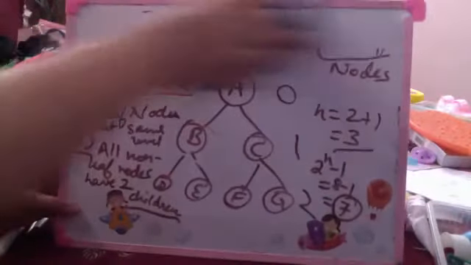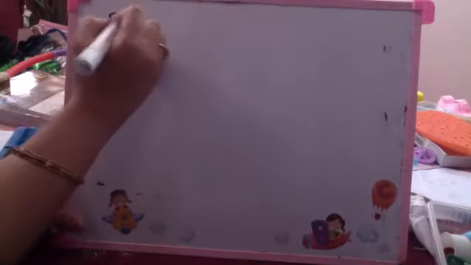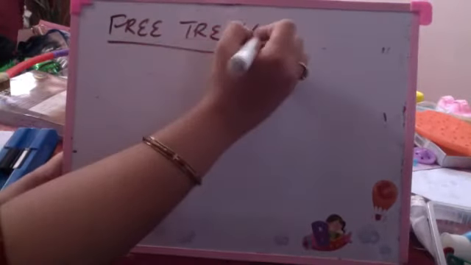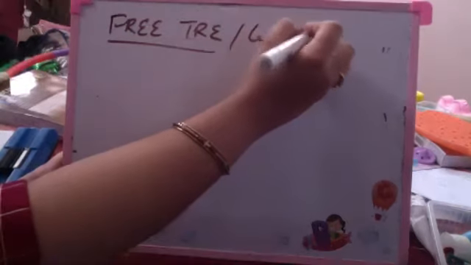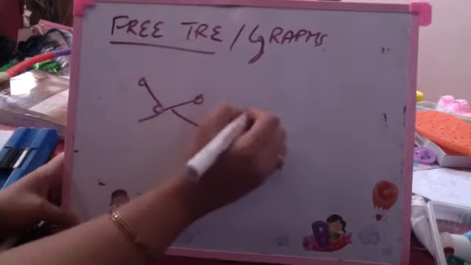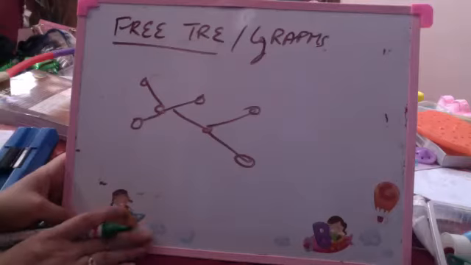Now it is not necessary that the trees are always binary only. There can be many types of trees, and there can be rooted and non-rooted trees. What I am drawing here is a binary tree only, but there is also something called a free tree or graph. The graphs we were studying today were free trees: a tree that is going in any direction, you do not know, but is a connection of nodes and the branches joining them.